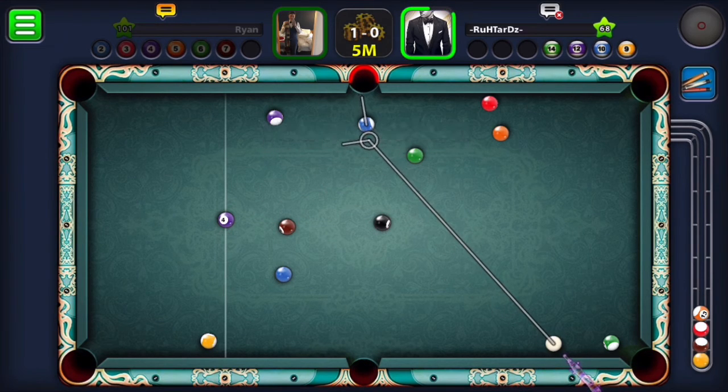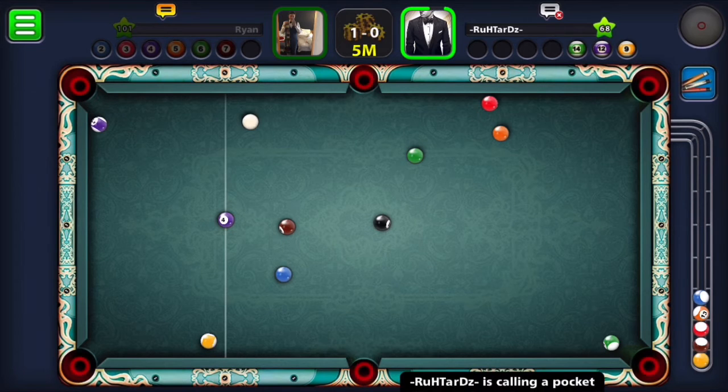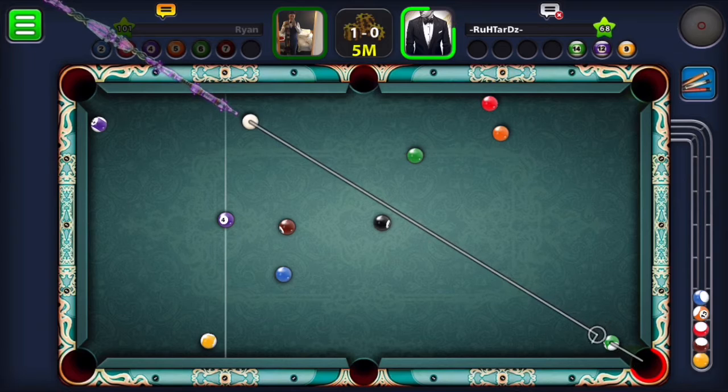He's going to drop the 10 in, maybe cannon the 12 and put the 12 over the pocket. Yeah, so he's put the 12 over the pocket. He's got the 14, which is also over the pocket as well. Then he's just got his 9 on this close side. So